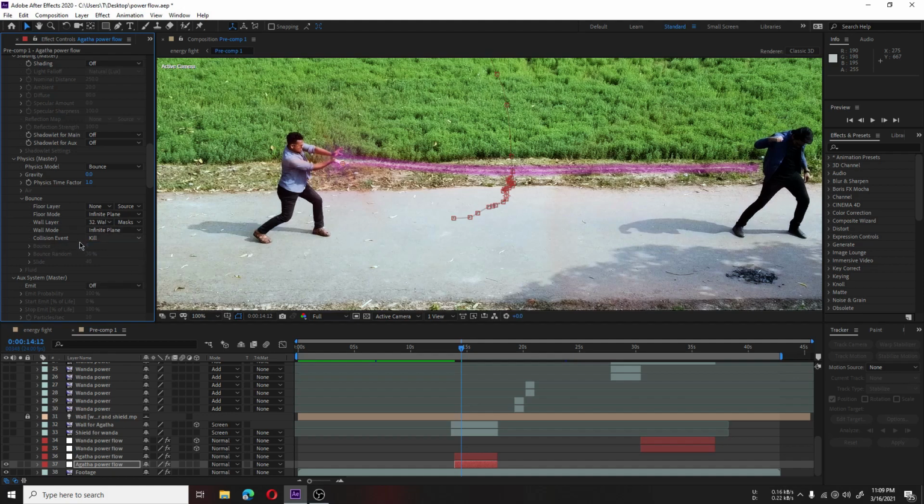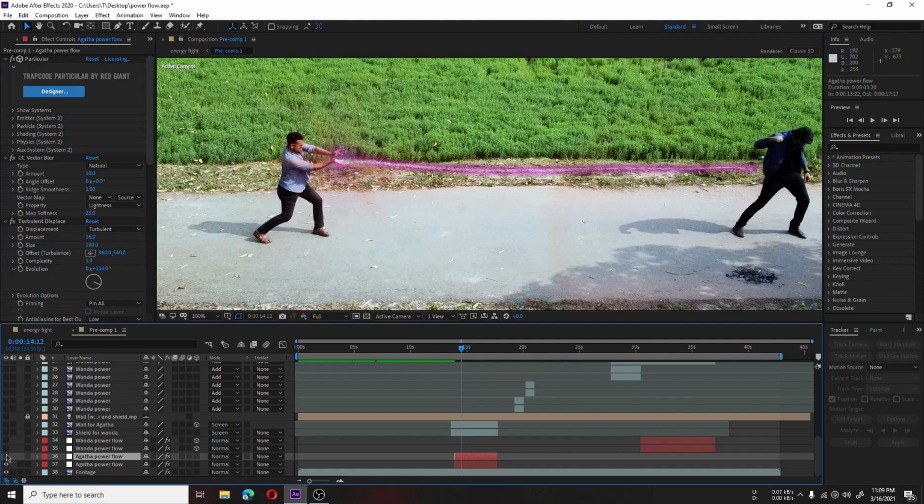If I set it to bounce, the power effect will be bounced. If I select slide, the power effect will slide. So I have used the collision event kill,